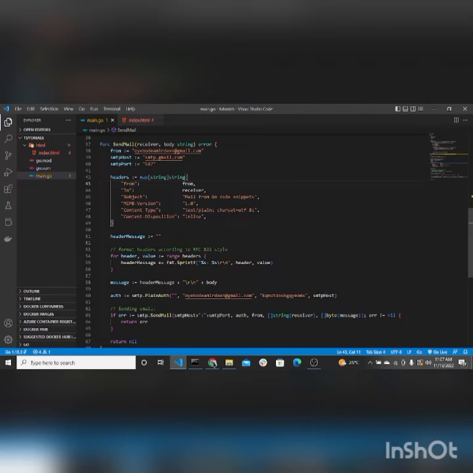Then I'm just bringing over these headers. Then I'm creating just a single string. So I'm declaring a header message, which is a string. So I'll just bring over this. Then for each value, I'll just concatenate the name and the value to this string. So this is going to be just one string with name and value, each of them starting from a new